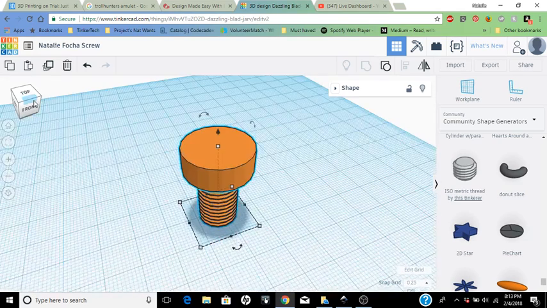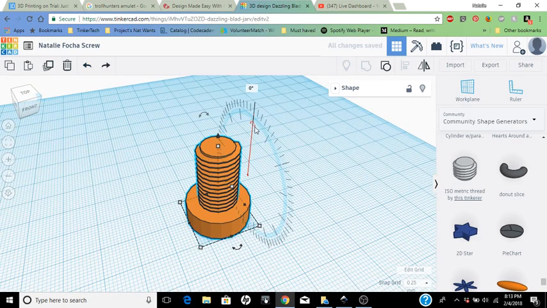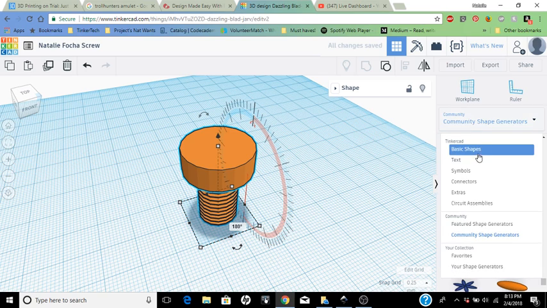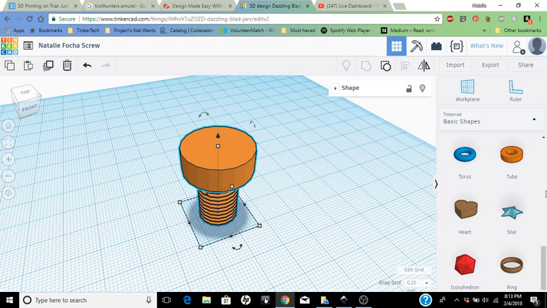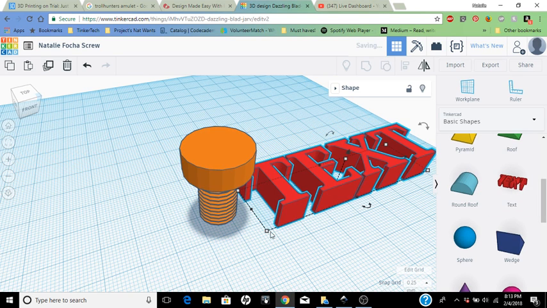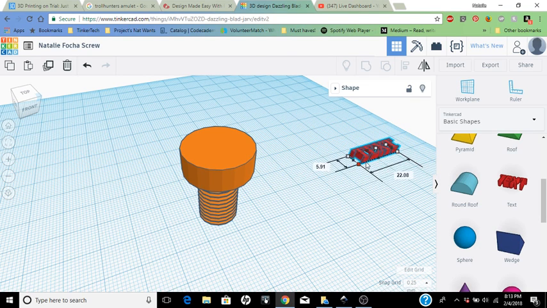Okay? So I'll do that one more time because it's kind of difficult. So I'll choose these arrows this time and type in 180. And I'll rotate. Okay. I'm going to go back to Basic Shapes on the right hand side of my screen and select the text basic shape and drag and drop it out onto my work plane. Now I'm going to hold Shift on your keyboard and I'm going to grab one of the white squares, that indicates that I selected this text, and I'm going to drag it inward so it resizes all dimensions at the same time. I'm going to change the height of this to 2,